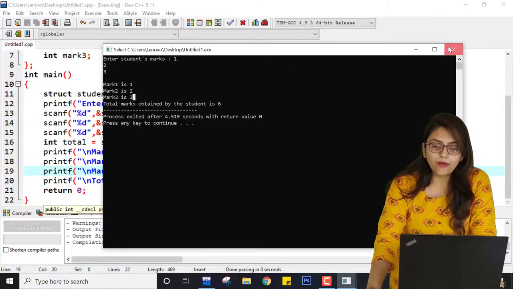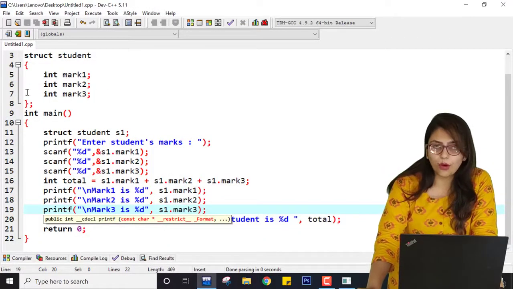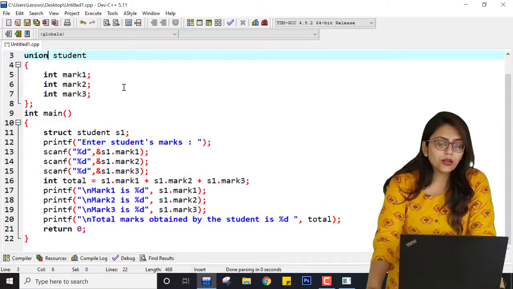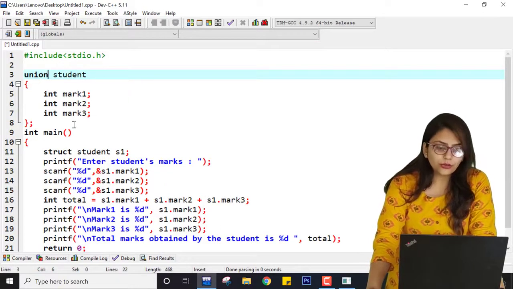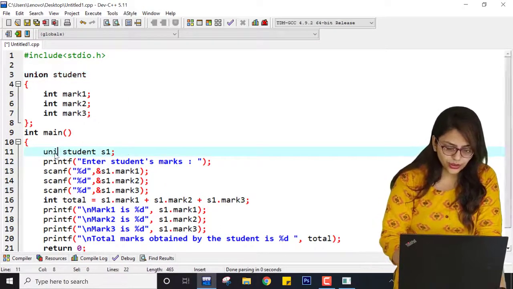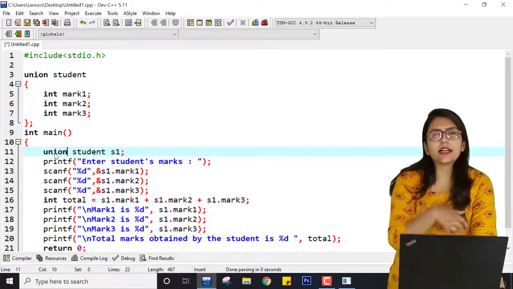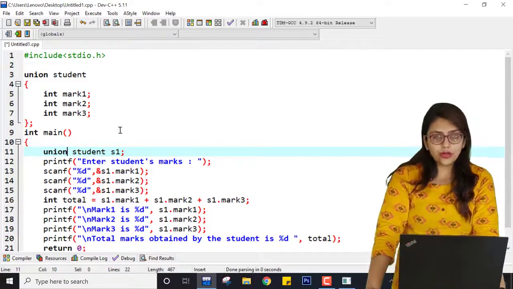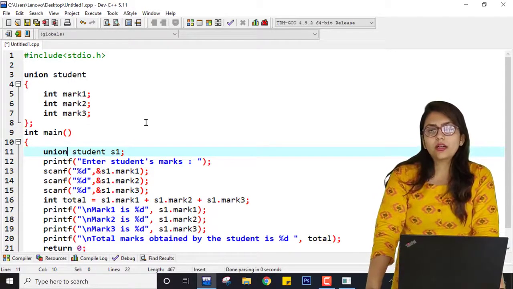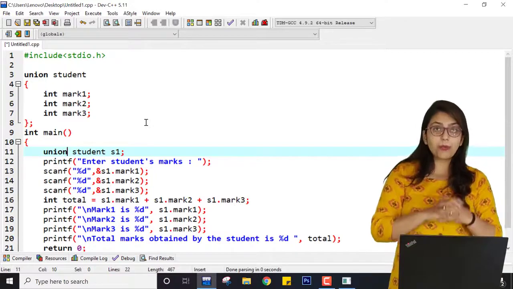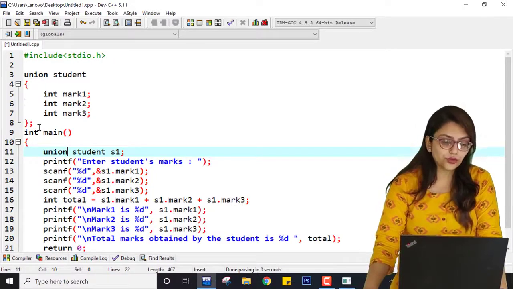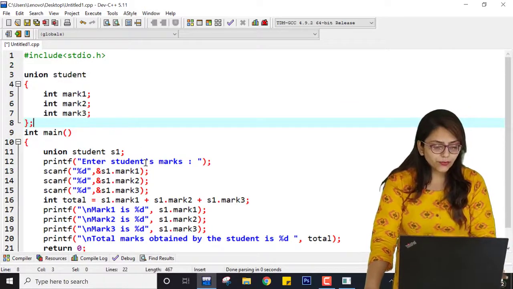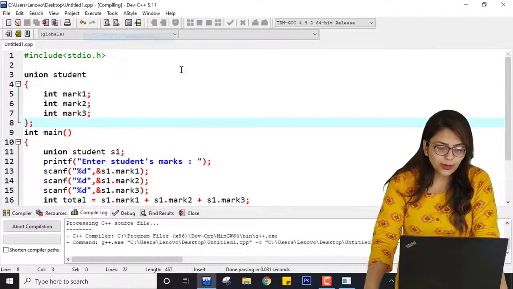Now what is the problem when I am doing this with the help of union? So what is the difference? For union I need to write the union keyword, right, to define unions, and here also we will write union. Otherwise every other syntax is similar for structure and union, right? So here to change structure into union, we just have to create a union using the union keyword, but the memory allocation of this kind of union student will be very different than in case of structure, right? So let me just save this program, compile it and run it.